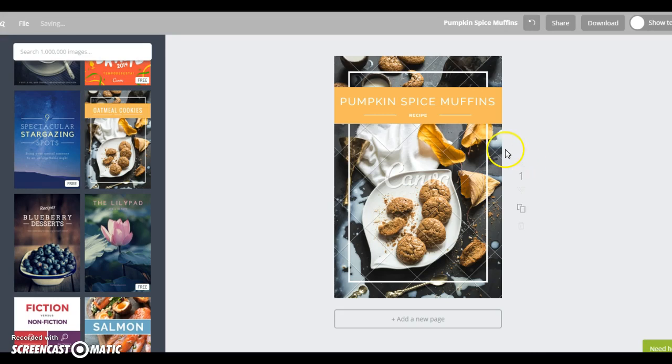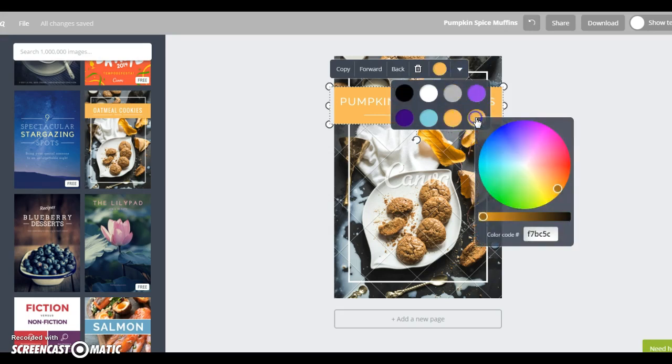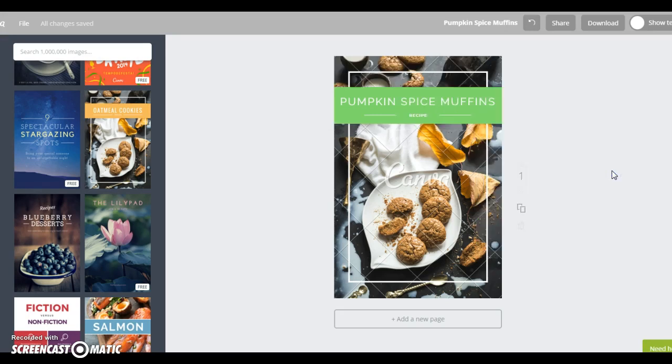I can alter the colors to fit. Say that my blog is mostly done in greens and blues. I could go with like a sage green type color. Take it down a little and alter these. It's also wonderful if you know the color code of your color. You can delete it and put it in there so you have an exact matching color code. So say I want that. And then